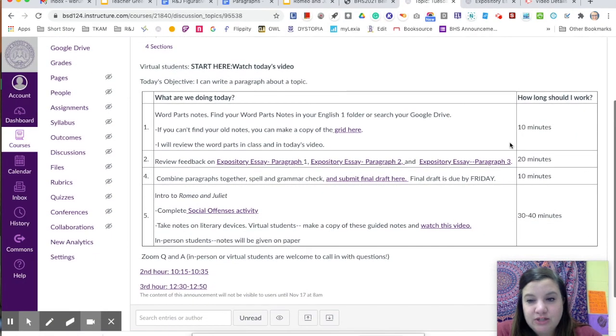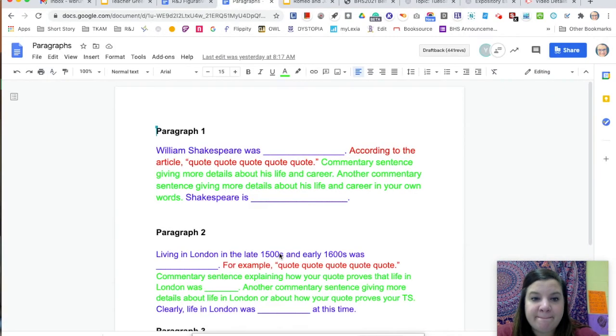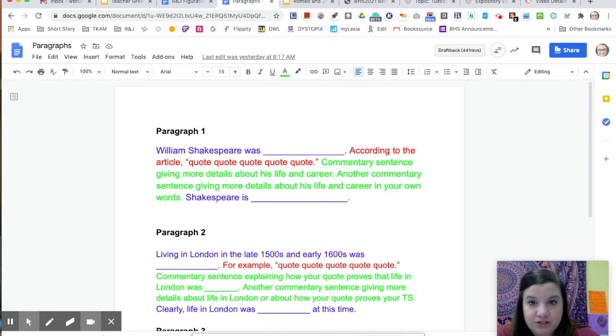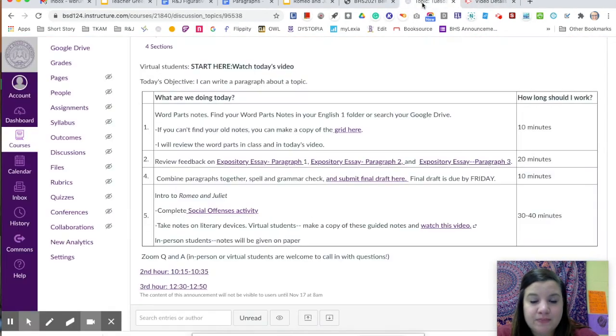Okay, so you should take probably about 20 minutes to do that, 5 to 10 minutes for each. If you haven't written them, then obviously that needs to be your priority. For virtual students, I did send you via email, your student email, an outline. It looks like this, that I put up for my in-person students. So if you are struggling to get your paragraphs started, then that is a great place to get some help.